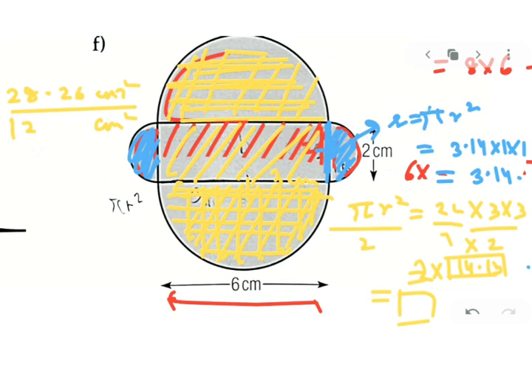Am I clear with this? We are taking pi r square for the 2 semicircles. I'm making them as a single circle. So you have pi r square, that is 3.14. Okay. So you have 28.26 was the area of the bigger 2 semicircles. Then you had 12 for the in between rectangle, and then you have 3.14. And when you add all these, my dear kids, you will get the area of the required structure.